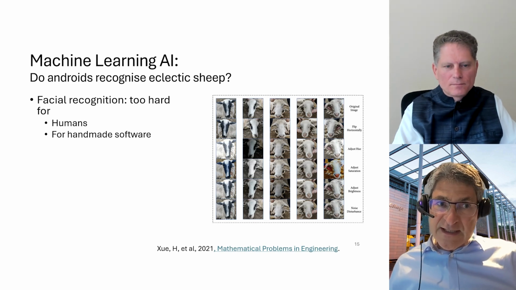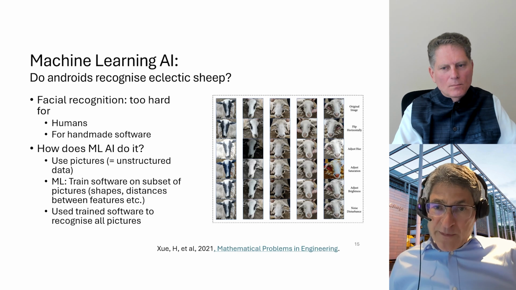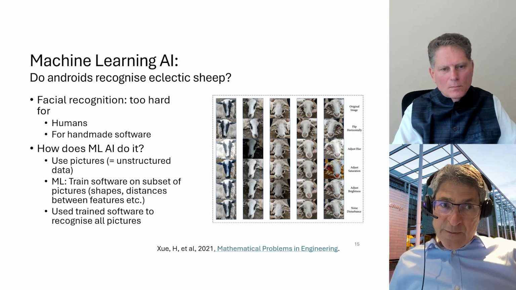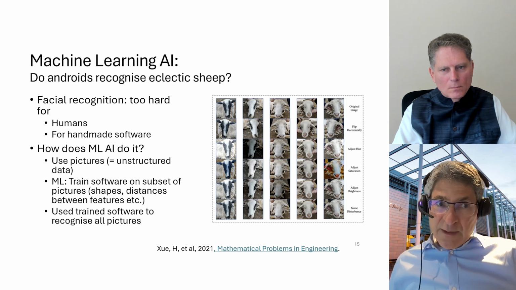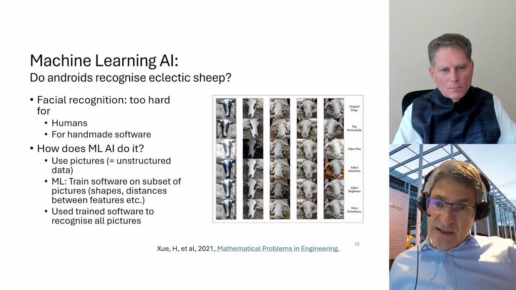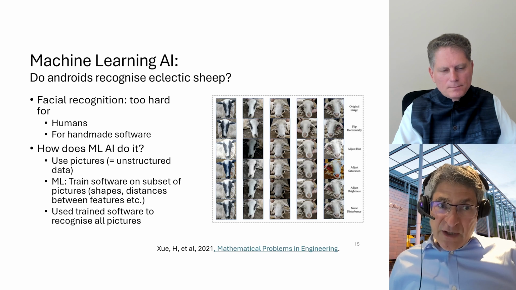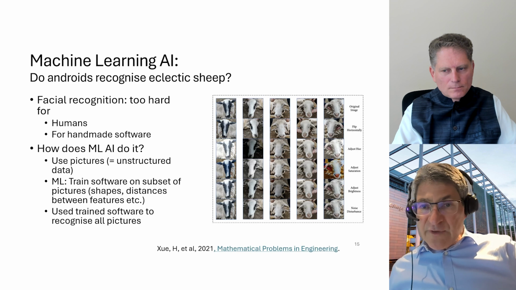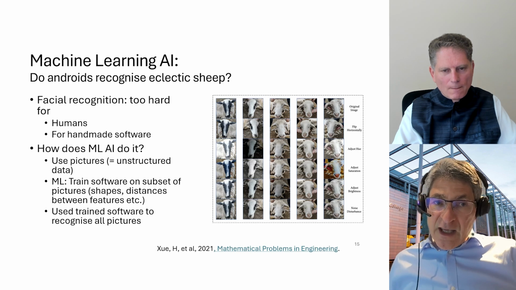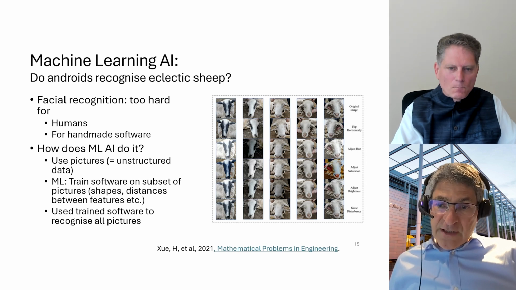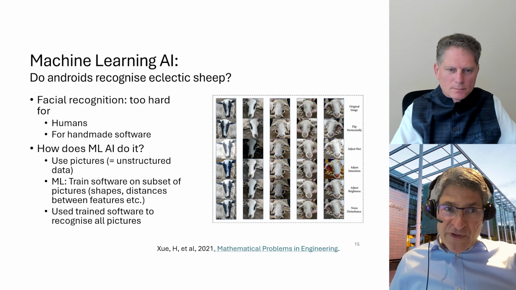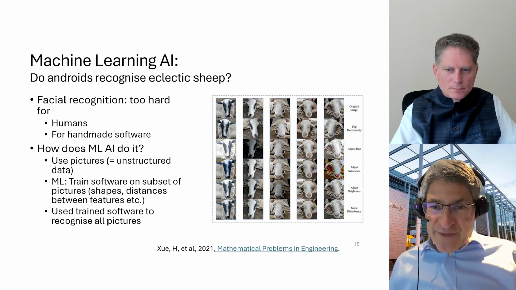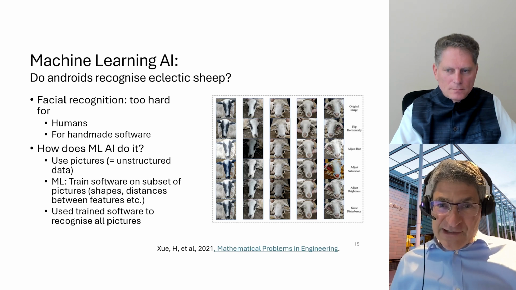So how is it done instead? Well, this is what machine learning and artificial intelligence do, is you feed the computer a series of pictures. So this would be an example of unstructured data. You train it on a subset of pictures. You use the trained software to recognize then all of the pictures, and various varieties of AI involve more or less human intervention. So again, with apologies to those who work in this, I'm sure I've been much too crude in the description,